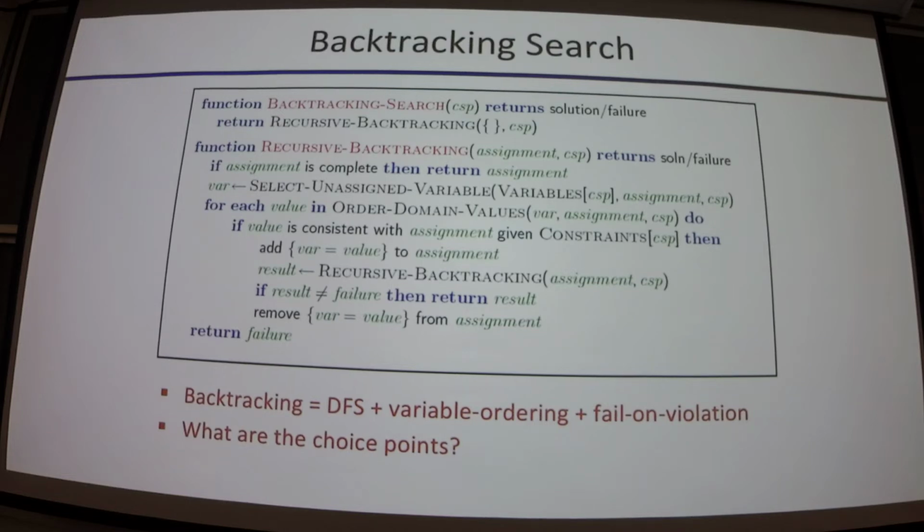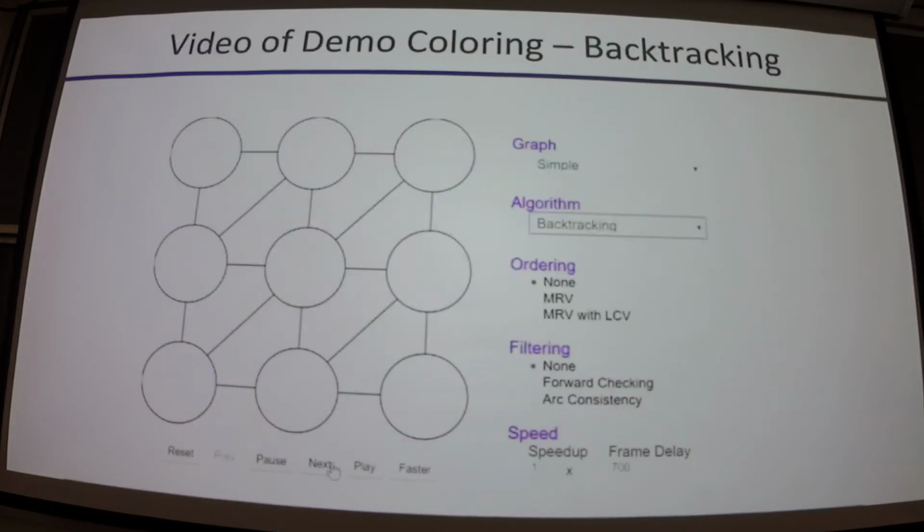Okay. So where are our decision points here? Where are we making kind of arbitrary choices? The first is in the order in which we're assigning variables, and the second is in the order in which we're exploring the assignments, the specific values of the assignments from the domain. Both of those can be adjusted to make this search better with heuristics. Heuristics as in choices we make, not heuristics as in the formal definition previously. Okay, we'll talk about those later.